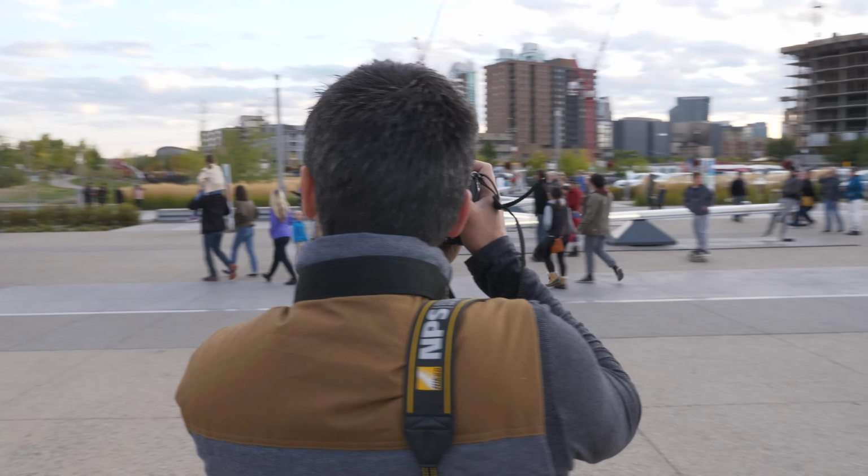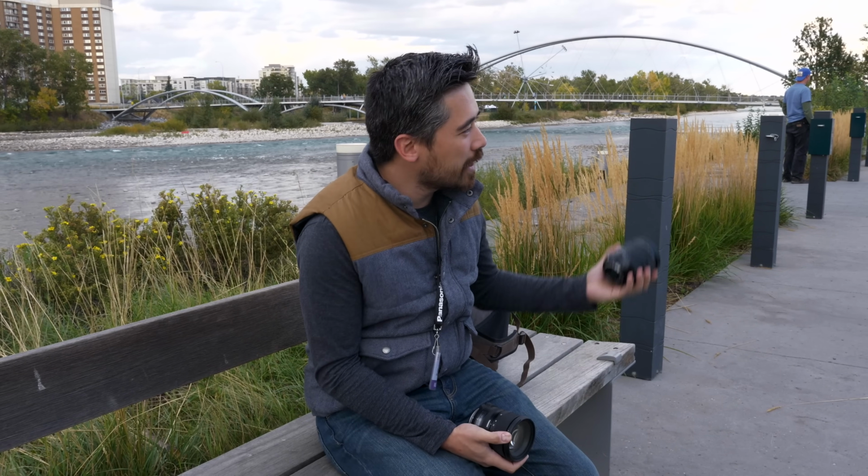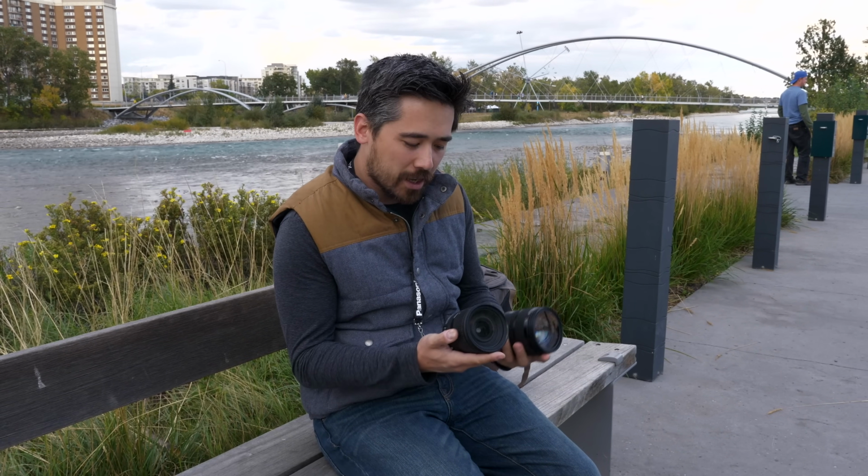All right, now we've got Beakerhead there just off to the left. There's people having a good time. There's some music playing over there. But before I get in there and take pictures, I just kind of want to talk about the overall feel